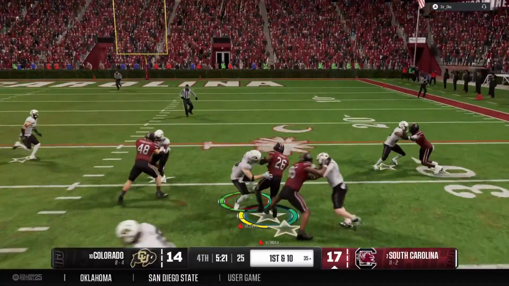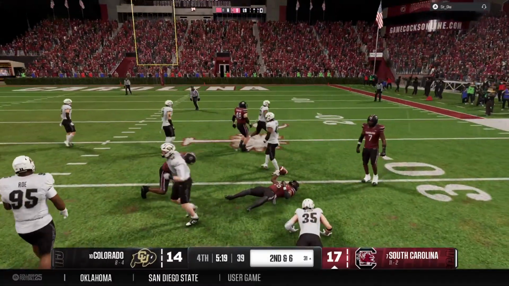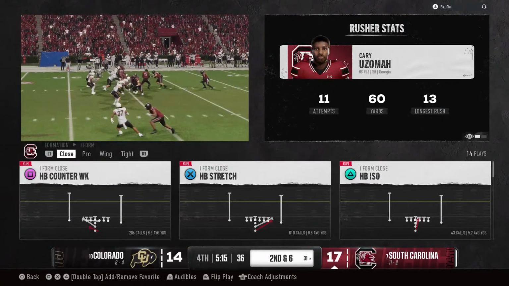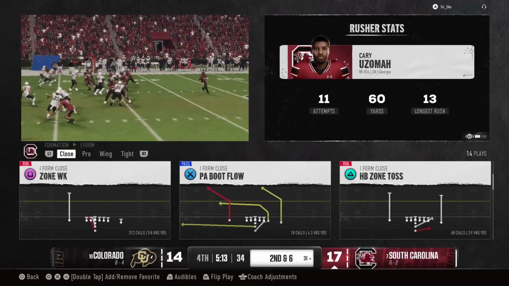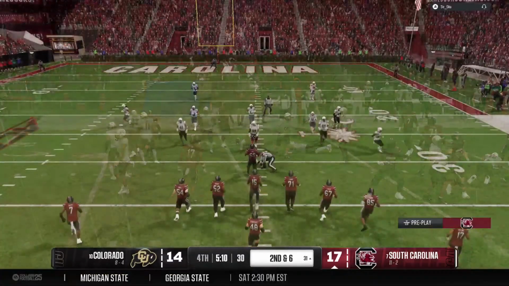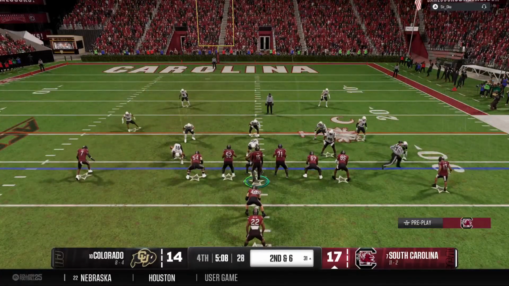And there's the handoff. And that run produces a decent gain. Now, I like the run play here. And offensively, at this point in the game, you want to remain in that attack mode first while also staying in bounds and working that clock. Second down play coming up for this offense.